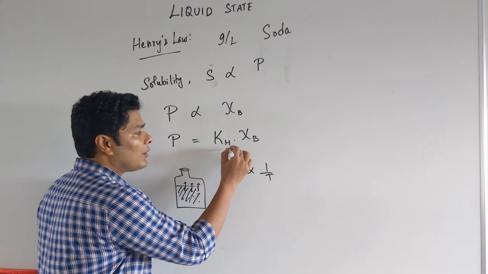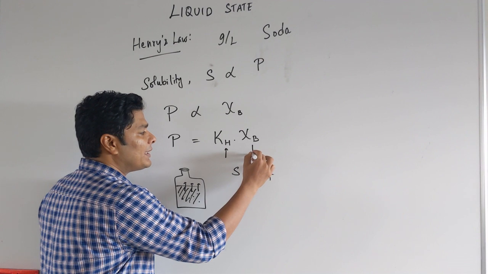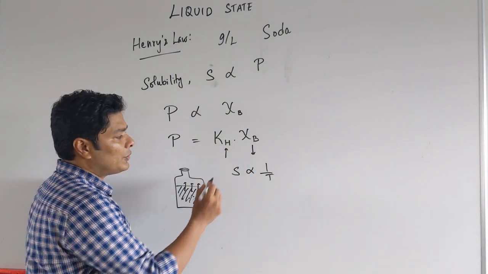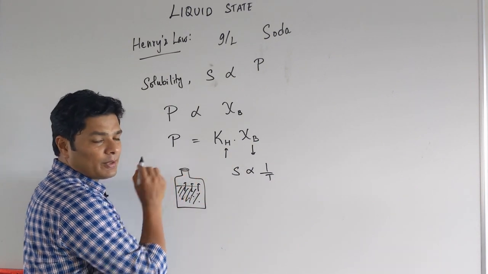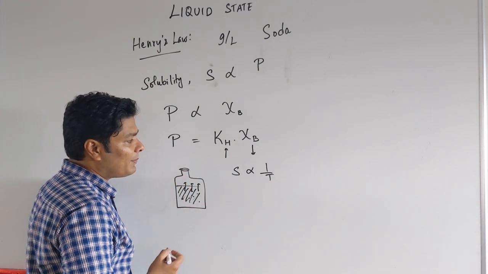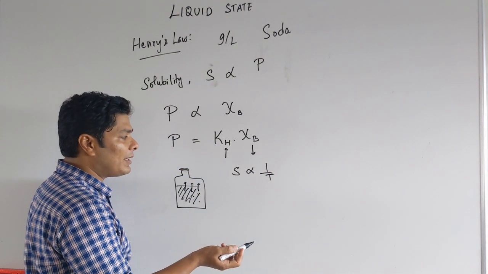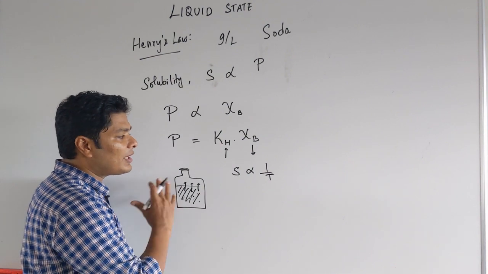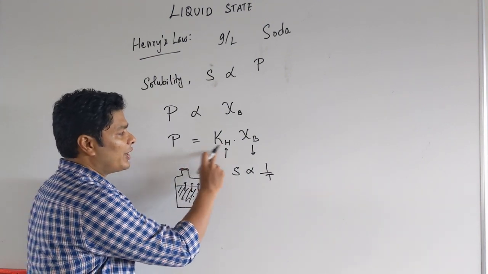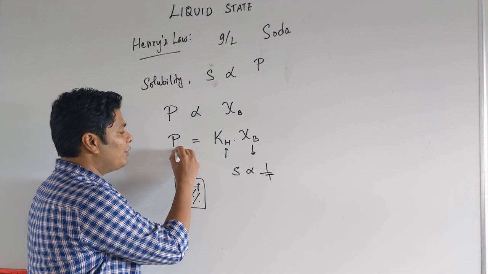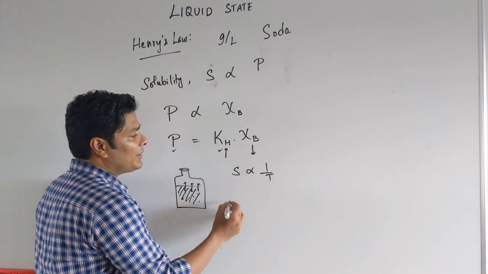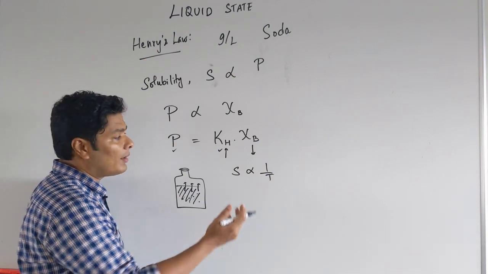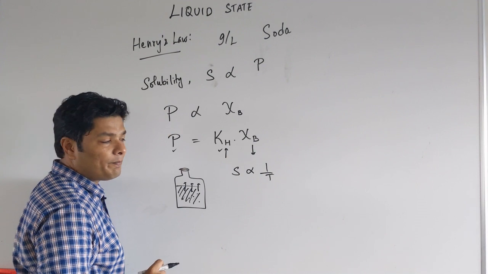As my Henry's law constant increases, the solubility will decrease. These two are oppositely related. So, their product is always the same at a given pressure. If you keep the temperature constant and keep changing the pressure, the solubility will change accordingly. Now, there is nothing much to Henry's law other than this. It is a straightforward relation. Normally they will give you the pressure and Kh, and they do not have to ask you chi b, they can ask you molarity. You can convert mole fraction into any of them.